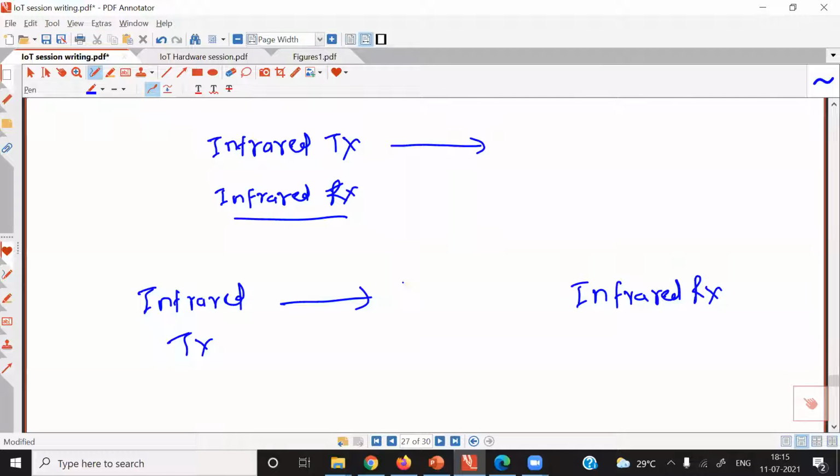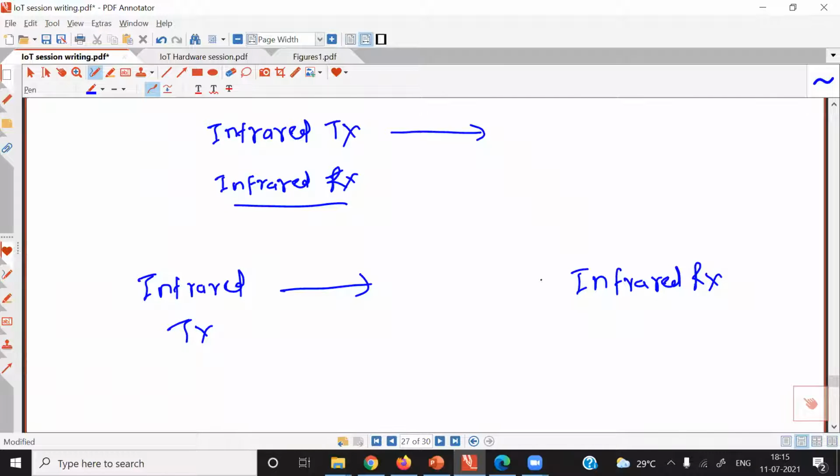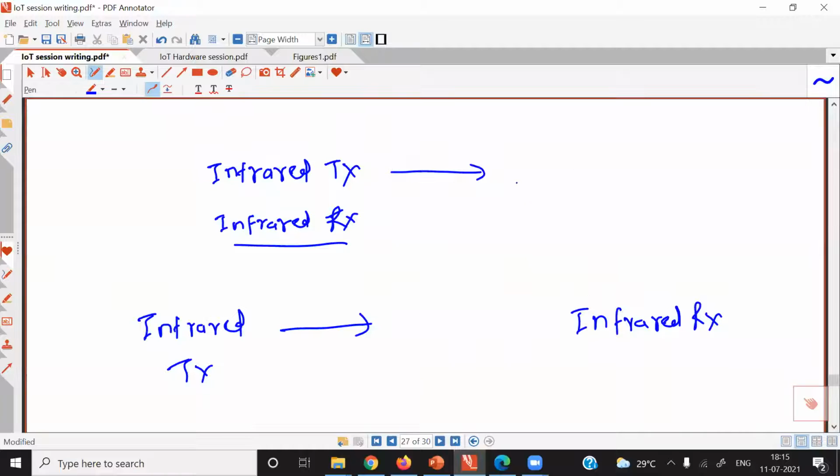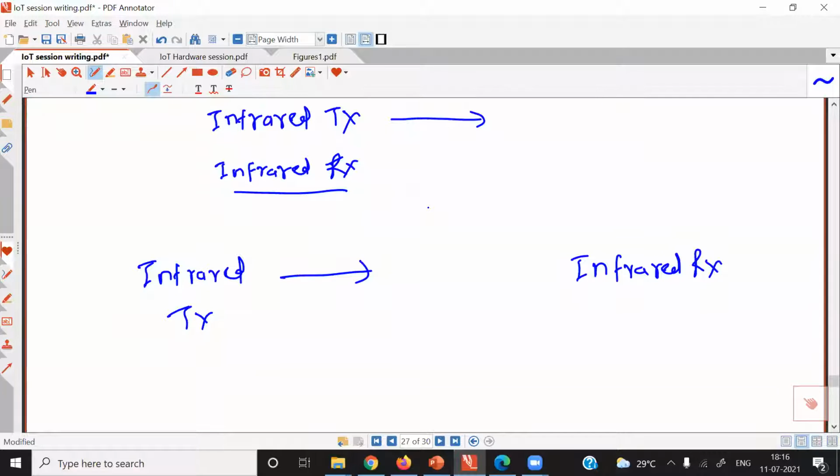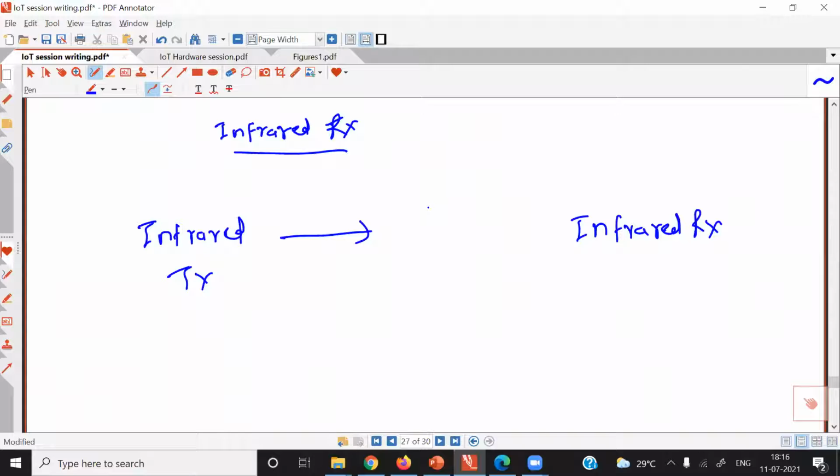So you can use any method. In the second method, we get longer range. In the second method, your detection range could go up to 15 or 20 feet. In the first method, your detection range will be limited to 4 or 5 feet. That is the difference. So you can use any one method, and whenever intrusion gets detected, the microcontroller will send an alarming signal to the cloud, and from the cloud it will go to the user.